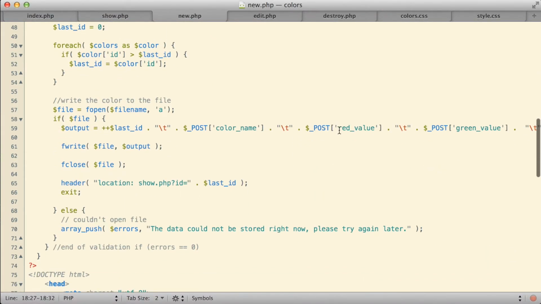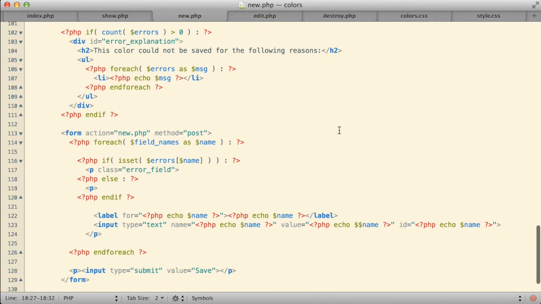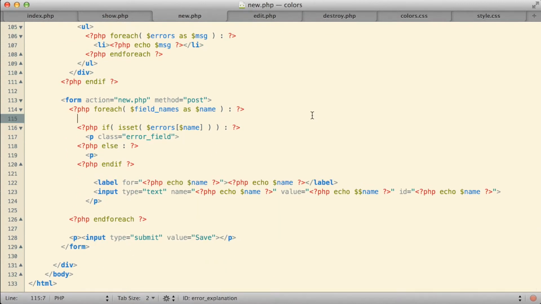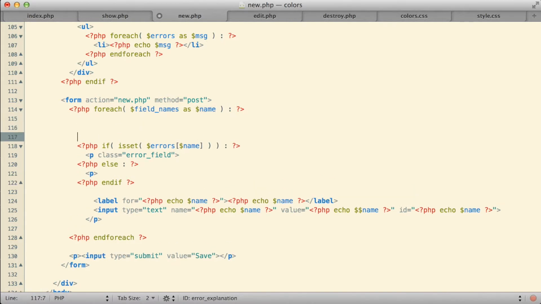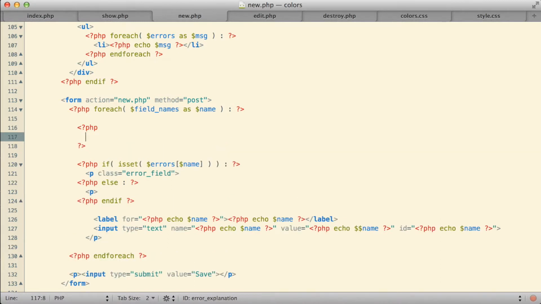So back over in my code, if I come back down to the page itself, to the actual form, let's see if we could use explode to maybe get rid of those underscores in the field names. As I go through my for each loop here, for each one of the individual fields, I end up with that field's name in a variable called name. I'm going to put in a set of PHP tags here, and let me create a new variable called name parts.